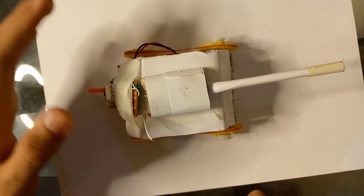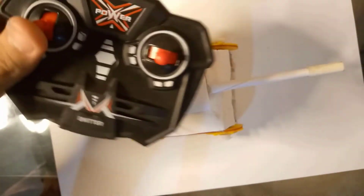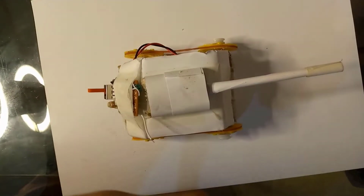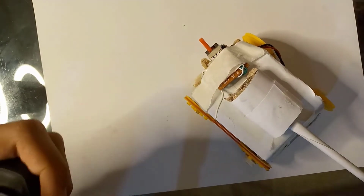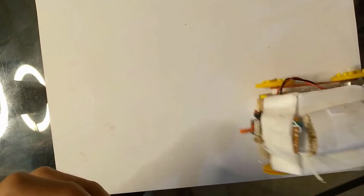test how it works. So guys, here's the remote control. Just gonna test how it works now. So let's just begin. I'm turning the tank on. Yep, and here it goes. So it will go like to the right, and